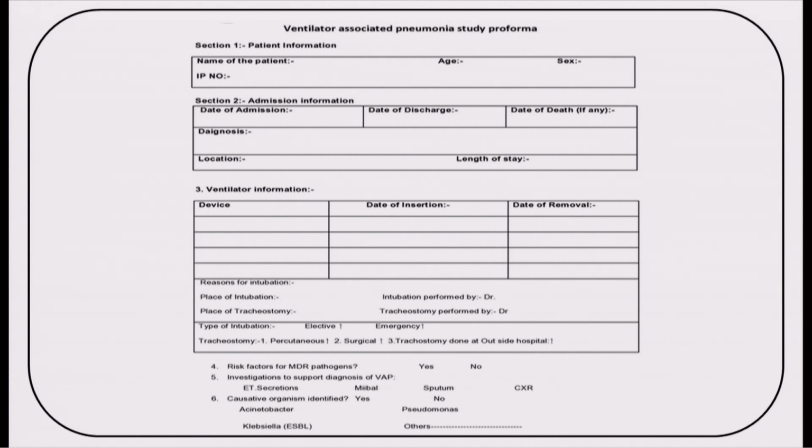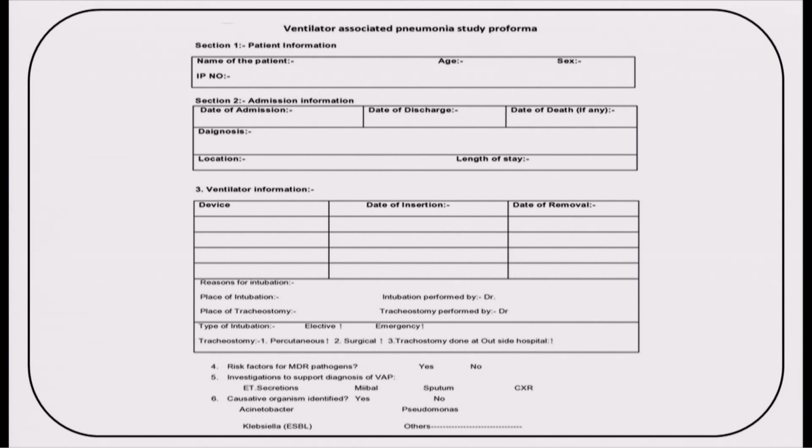How are you going to see whether the patient has the risk of multi-drug resistant pathogens? It is a little bit difficult, but if you take the patient history, that will give you a very clear idea about whether the patient has a chance of harboring multi-drug resistant organisms or not. Suppose, for example, the patient comes to the emergency room, you are going to intubate, and you want to know whether the patient is at risk for MDR pathogen. Some of the factors which can make the patient have MDR pathogens are: